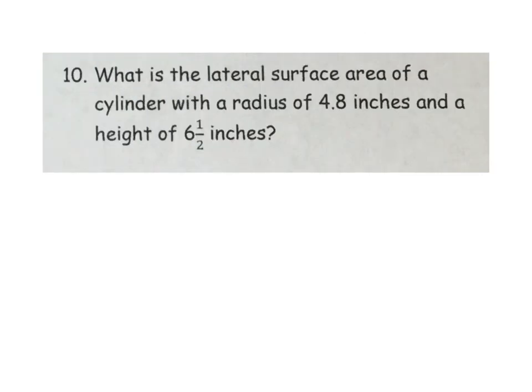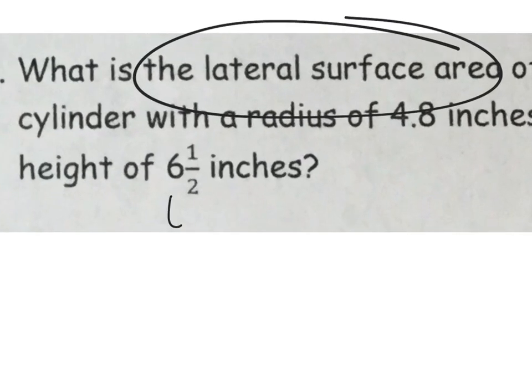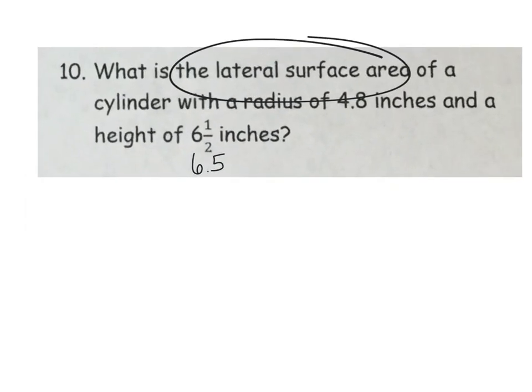Number 10. What is the lateral surface area of a cylinder with a radius of 4.8 inches and a height of 6.5 inches? All right. So lateral surface area of a cylinder. Lateral surface area, remember, of a cylinder is really 2 times pi times the radius times the height. And then that's it. Plug it into your formula and get your answer. It's going to be approximately, so